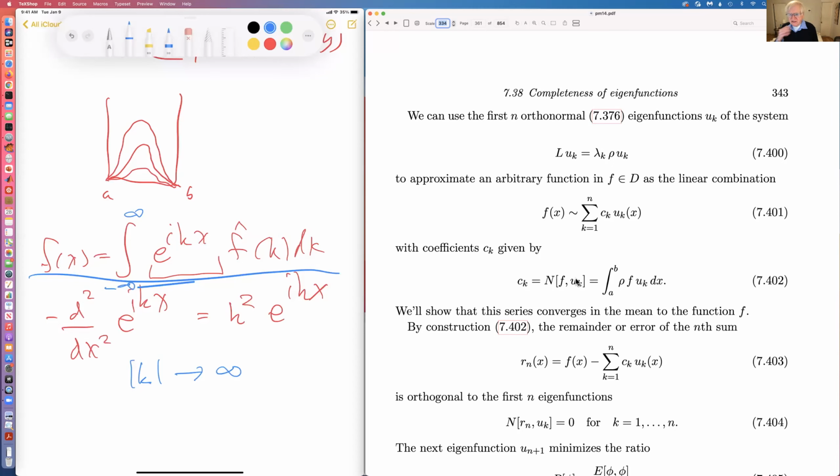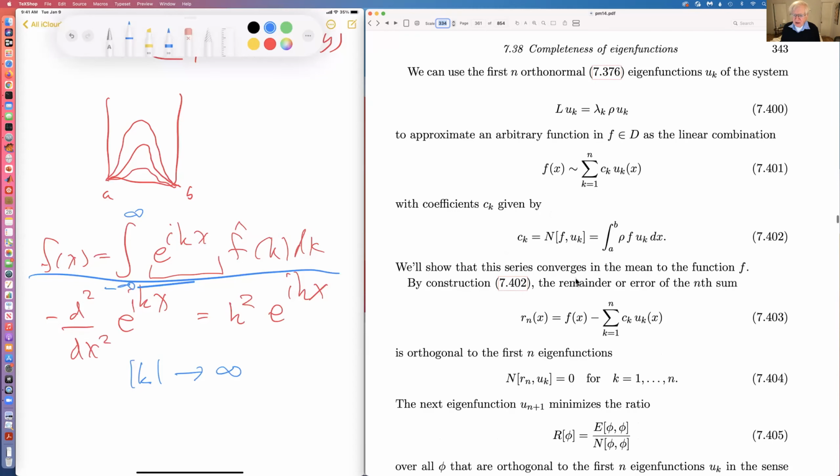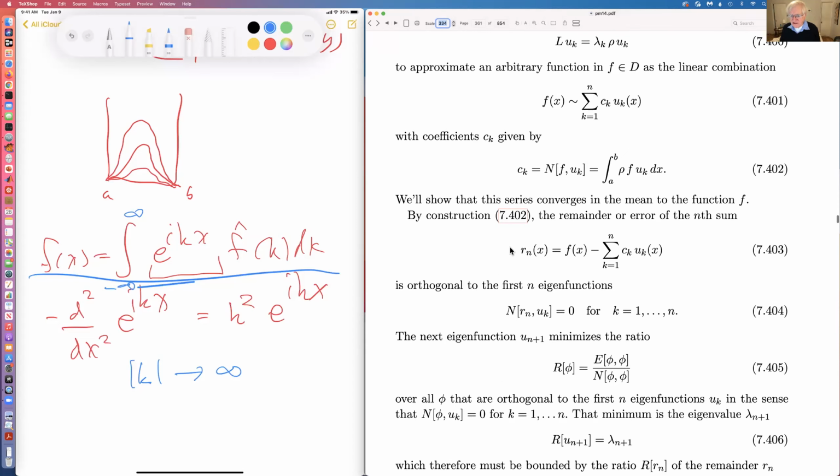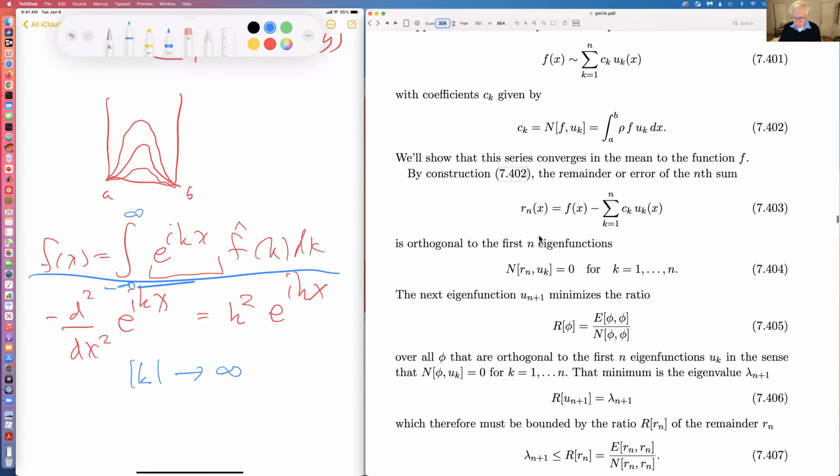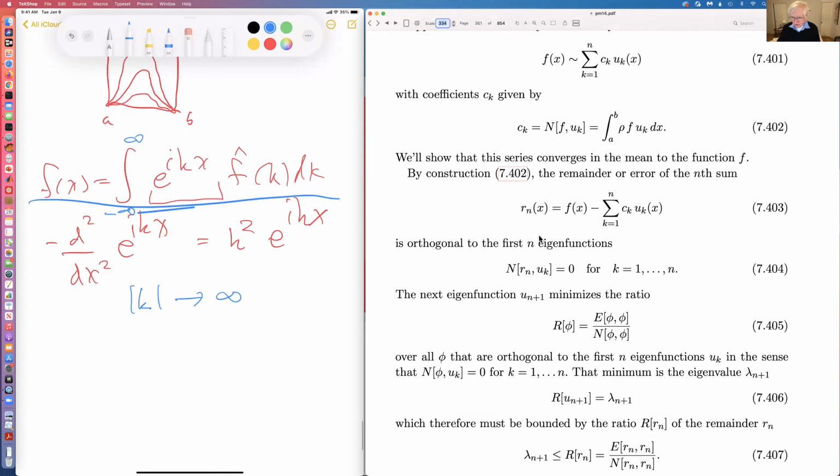So now we want to see that this series converges. And what we do first is say, well, what's the error? The error is the difference between the arbitrary function that satisfies the boundary conditions and this linear combination of eigenfunctions. And the first thing to notice is that this is a very cute little thing, namely that this error is orthogonal to the first n eigenfunctions, because if you take, for example,